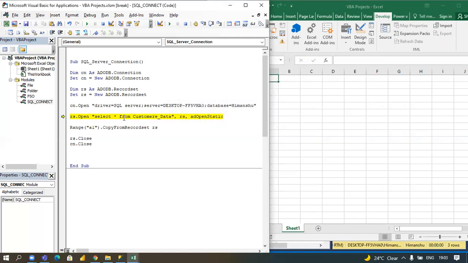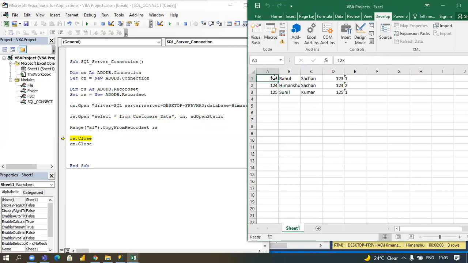The error is in rs.Open, SELECT * FROM customer data, double quote, comma. Sorry, here we need to write cn, that one is the connection, because we want to connect. F8, here you go, and again F8. Now you can see the data is in Excel from the SQL server.